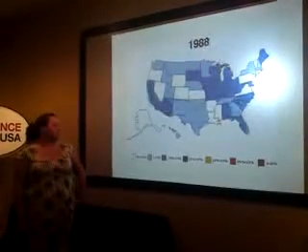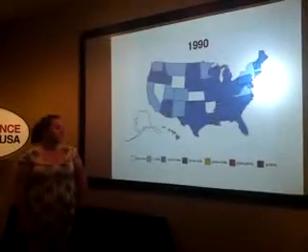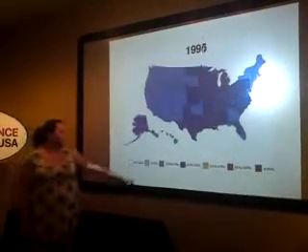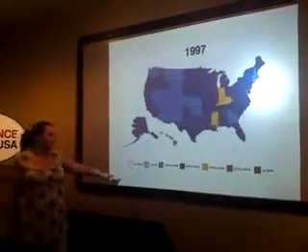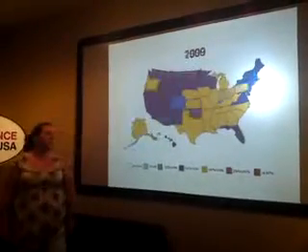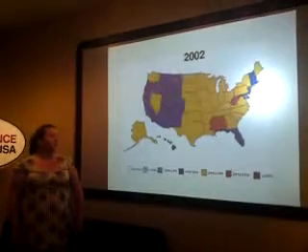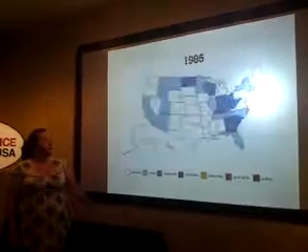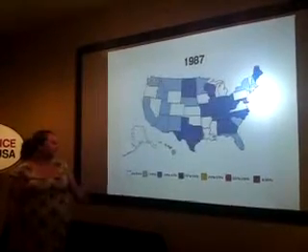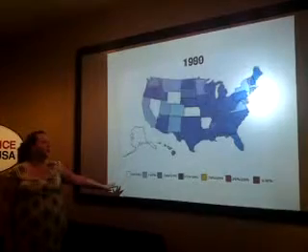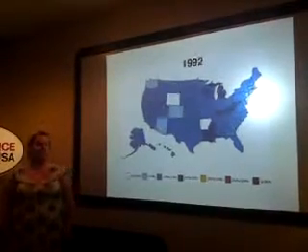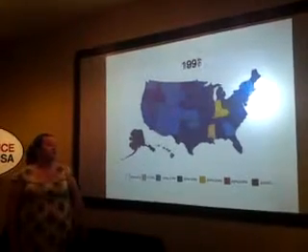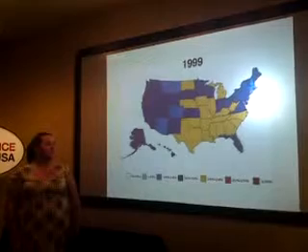This map depicts the evolution of obesity. The white and light blue colors are the lower percentage rates of obesity, and the darker it gets, the higher the percentage rate for obesity is. And as you can see, the closer we get to the year 2006, there's a lot of red states in there, whereas at the beginning in 1985, there's a lot of white states. So that shows that in America, obesity has increased dramatically in the past few decades.